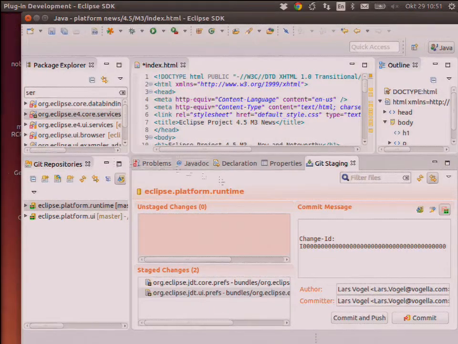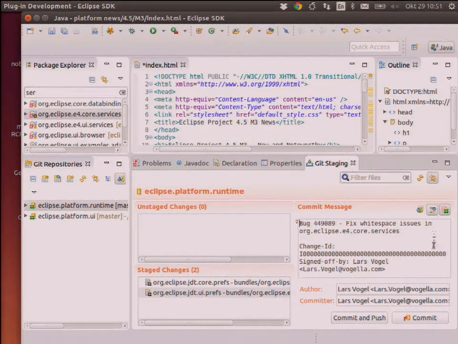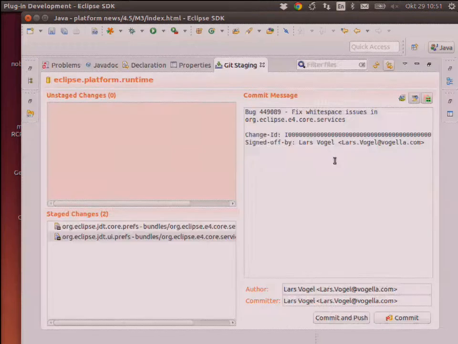So I put this in as a commit message. I need also to sign it off, which basically means I guarantee that I have written this configuration. Usually it's source code, but the change ID will be filled in once I commit. And then it's a unique identifier for Gerrit for updates. If I do an amended commit with the same change ID, or a different commit with a change ID, it will update the Gerrit review. This is how updating Gerrit review works. You just amend your commit, and then it will update the Gerrit review.